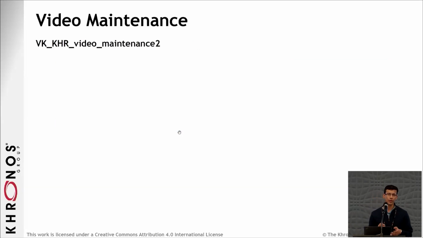Okay, now video maintenance 2 has a bunch of features. I'm going to be talking about just one of them today, which is applicable for video decoding. Now, if you look at how the video decoding API is structured, it's based on the representation of data in the bit stream. So you have some headers at the start, which talk about the parameters that apply to the entire stream, or they may refer to pictures, they may talk about the parameters that apply to many pictures within the bit stream. So you have those headers at the start and then the data for each picture in the bit stream.